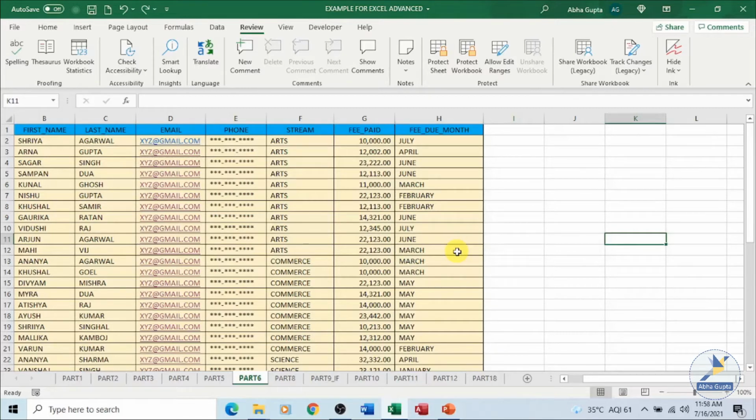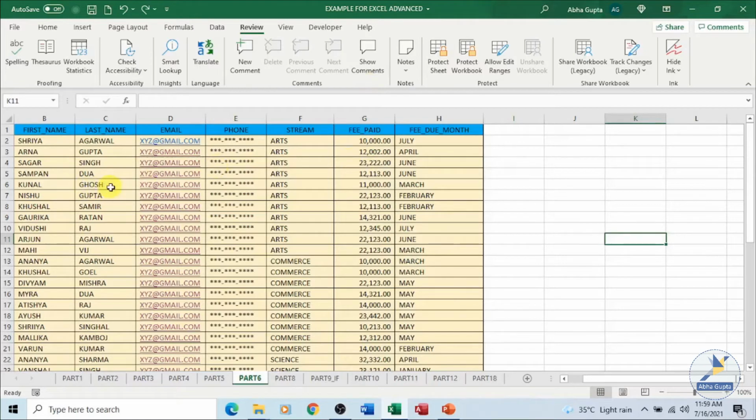So what are comments? Comments help in providing additional information, maybe some facts or tips or feedback on the data which is stored on our Excel sheet in these cells which we have over here. To add in the comment, under your review tab and under comments group, you have all these options available. You can add in a new comment, delete, you can move to a previously added comment, you can move to the next comment, plus you can always click on show comments to see the entire list of comments which are being added to your Excel sheet.